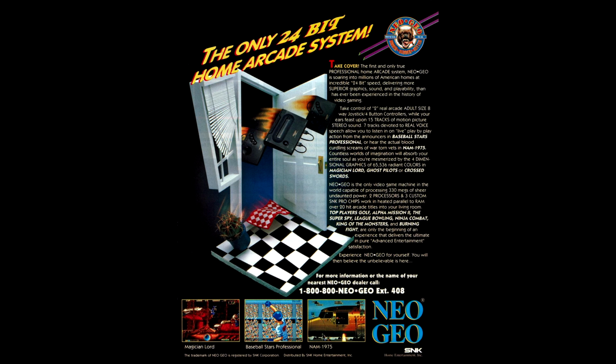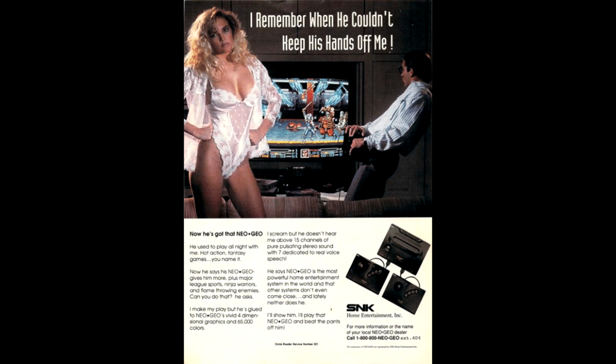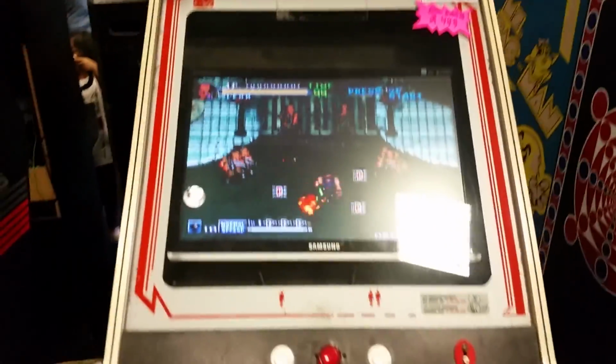Then the Neo Geo Advanced Entertainment System, or AES for short, came along. What made this different is that the console used the exact same hardware as SNK's existing Neo Geo multi-video system, a clever piece of arcade hardware that offered owners the ability to put up to 6 different games into a single cabinet. This unique feature was also a key economic consideration for operators with limited floor space, and saved them